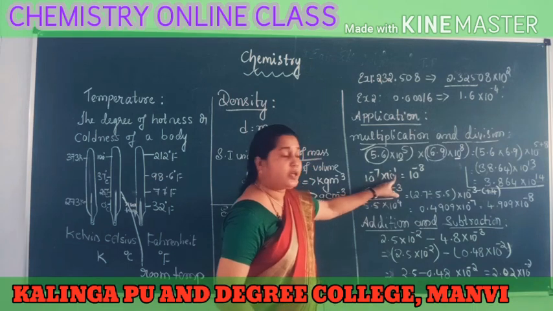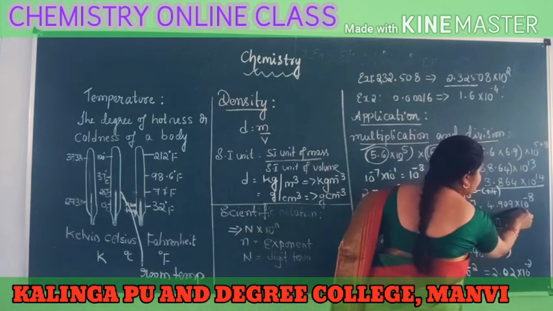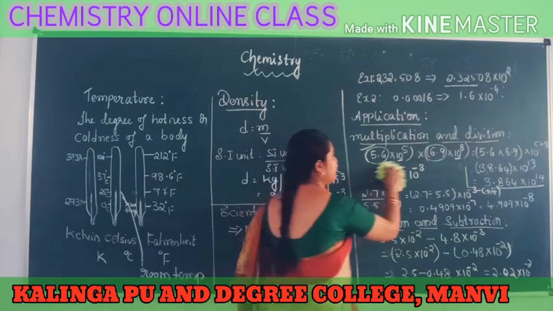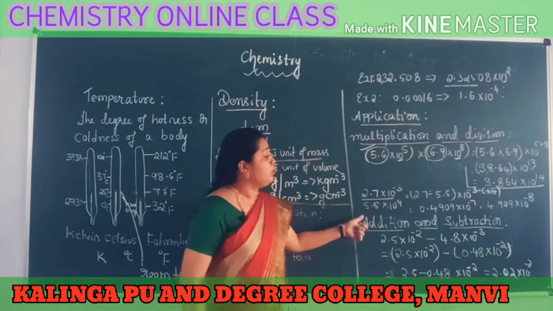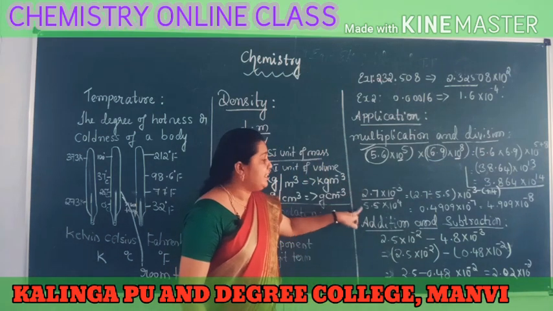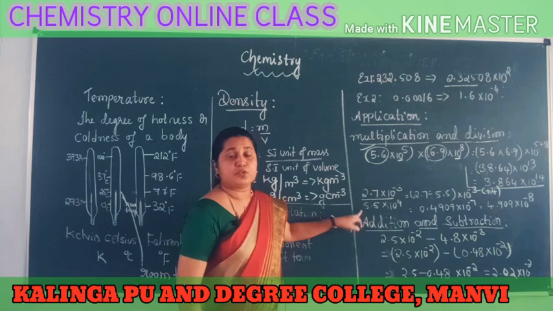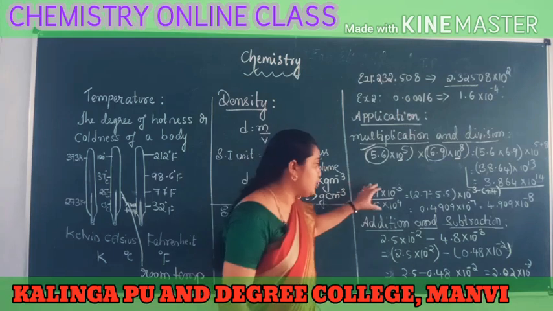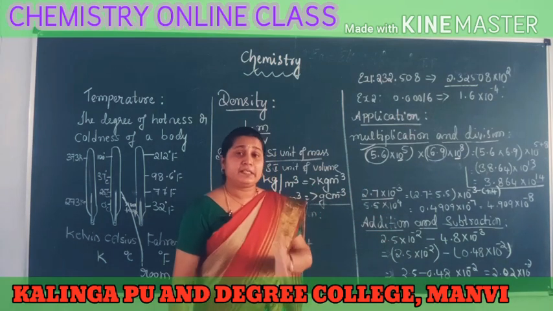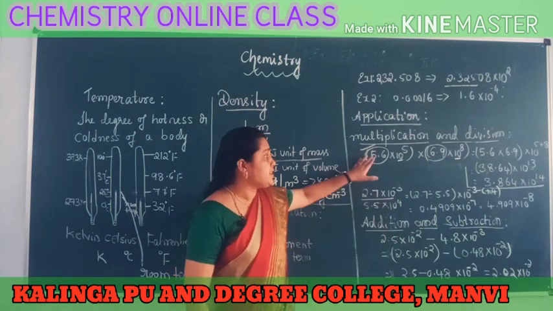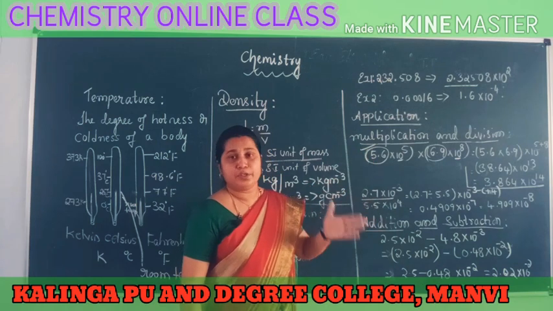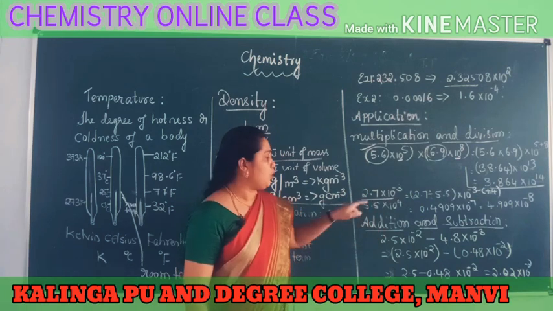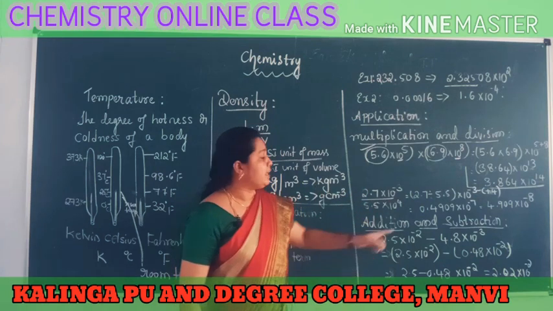Then, when we are applying scientific notation for the simple operations of addition and subtraction, using the simple mathematical formulas, and we want to write in scientific notation, how do we do it? Let us see here. For addition and subtraction, we will see certain examples. Here is one value I have written for you: 2.5 into 10 power minus 2. This is one term, that is subtracted from 4.8 into 10 power minus 3. This is another term.